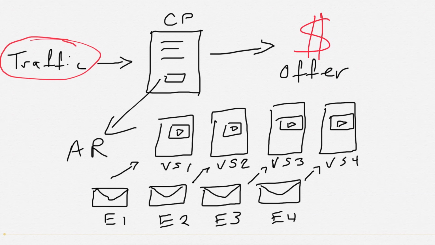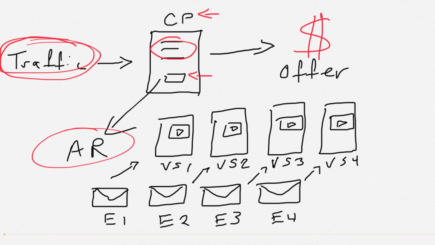You're sending traffic, which is our name for what we do to send prospects to our landing page or to whatever we're trying to get them to do. We call that traffic. You're sending that, I've labeled it CP here, which is one of the other terms, a capture page. You're sending them to a capture page, which has a little bit of text on it, which encourages them to give you their email address. You may be giving them something of value for that, a PDF or a video that teaches them something or whatever in exchange for their email address. And they go to your autoresponder.